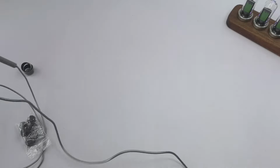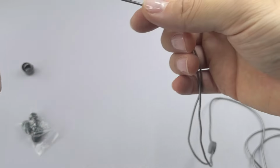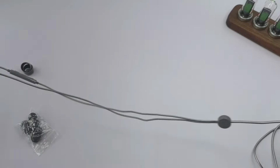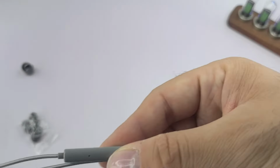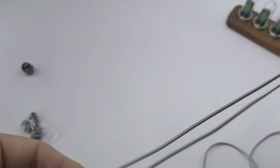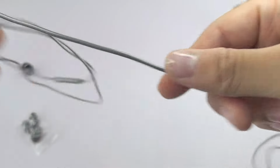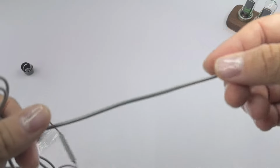As I said, it has a slight memory, but not that much, and it kind of tangles, but not that much as well. It's easy to get straight and so on. It has a mic, a plastic mic that you can see. The cable doesn't have ear hooks as well. That is a detail I want to mention. And you get no chin slider or anything, but you get this very sturdy